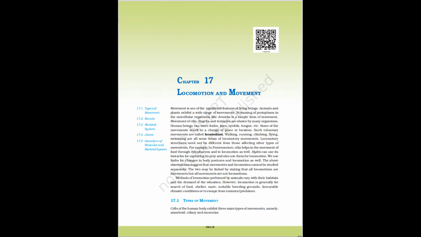The contractile property of muscles is effectively used for locomotion and other movements by human beings and the majority of multicellular organisms. Locomotion requires a perfectly coordinated activity of muscular, skeletal, and neural systems. In this chapter, you will learn about the types of muscles, their structure, the mechanism of their contraction, and important aspects of the skeletal system.